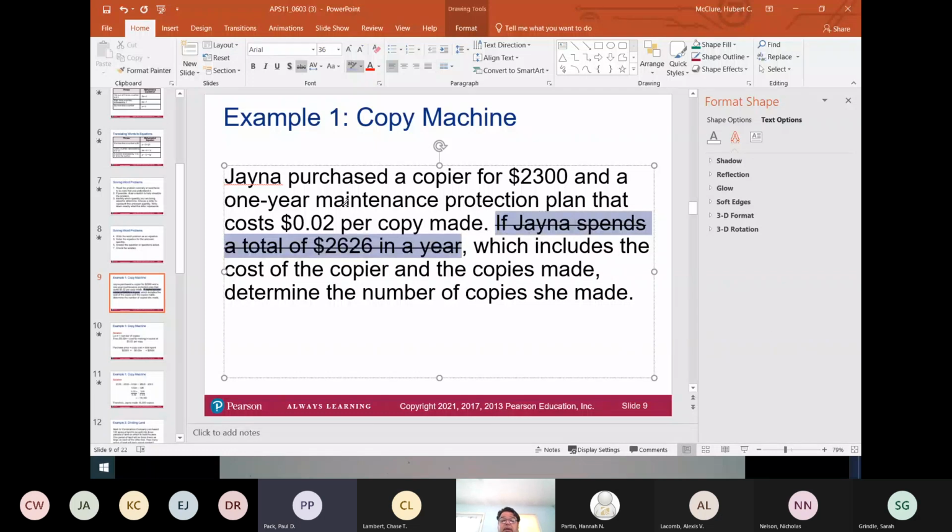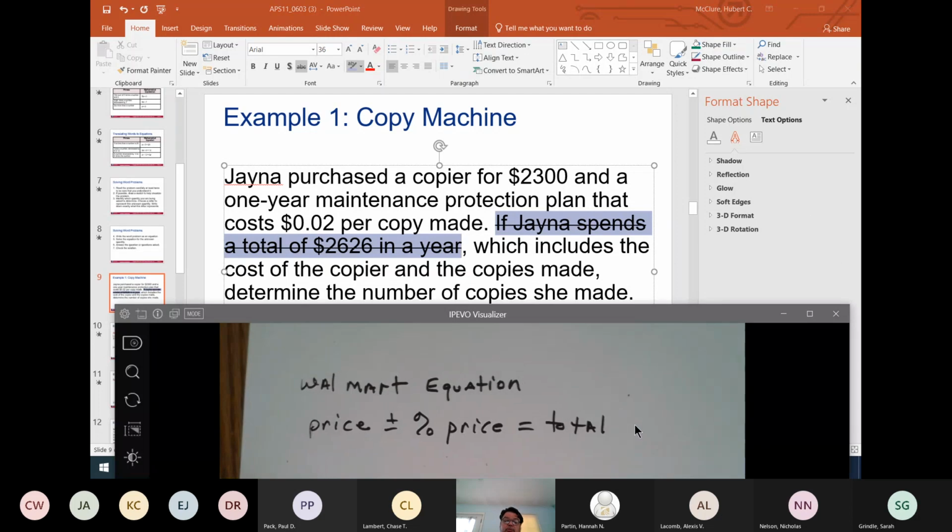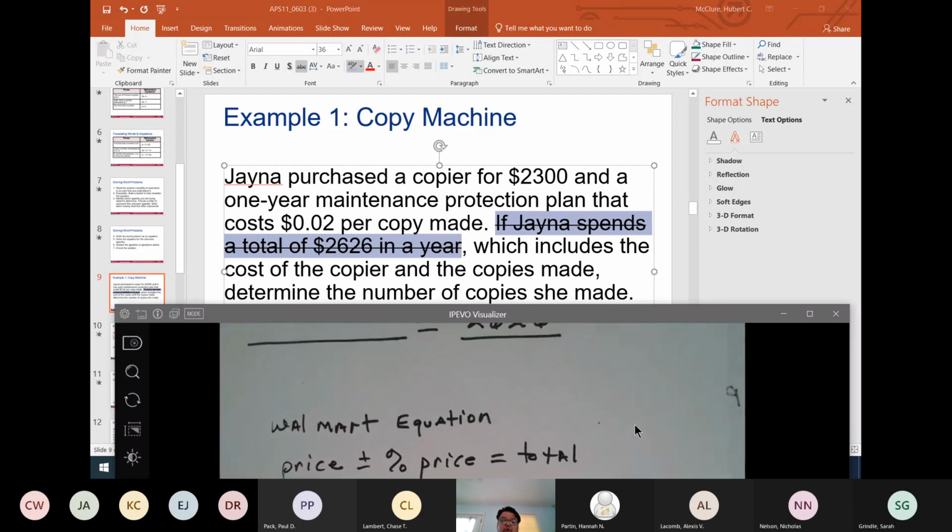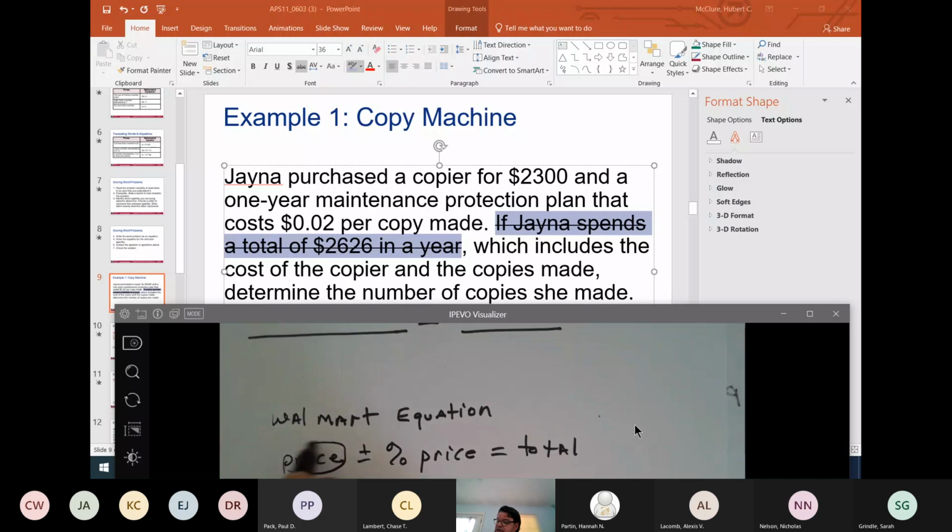You're welcome. All right. So the Walmart equation says the price plus or minus a percentage of the price equals the total. Okay, that's the Walmart equation. So I've got to find a price. Where does it look like there's a price? Do y'all see anything that looks like, hey, this costs blank? The 2,300. The 2,300, exactly. So it goes right here,